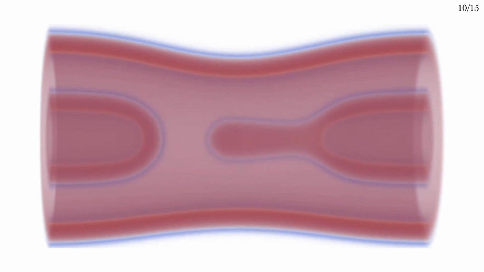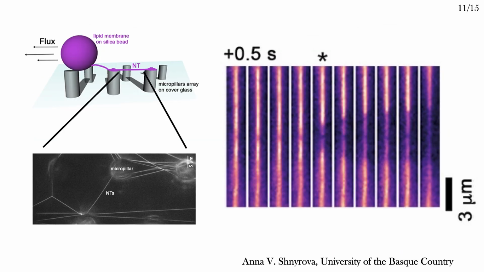But based on this, I would expect the single and double tubes to fission at about the same rate. So now let's look at what Anna sees. First, I have to tell you a bit about her experiments. She sets up a system containing single and double membrane tubes and flows them past an array of micropillars. They stick to the pillars and have a tension that's related to the flow rate and the stickiness of the micropillars. Rather than embarrass myself trying to explain her experiments, I'll refer you to the paper for details.